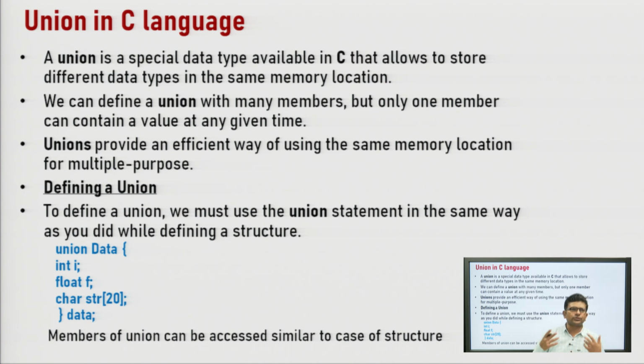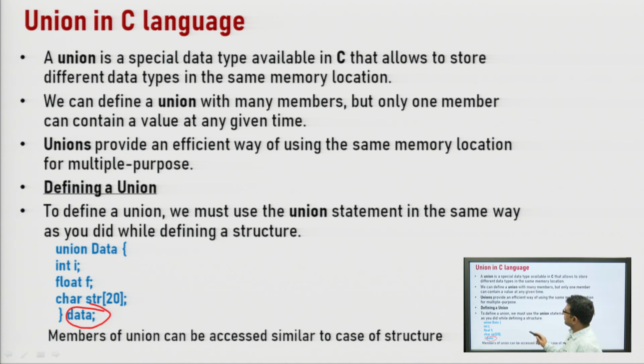It is also a heterogeneous data type which can store multiple data of different data types, and it is also defined and declared very much similar to an array. Just see, very much similar to a structure. Here the union data is declared, it has 4 members, and here we have also declared the union variables similar to a structure, and the elements will also be accessed similar to the structure here.